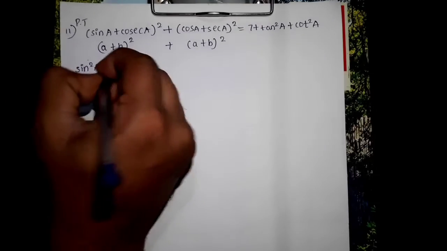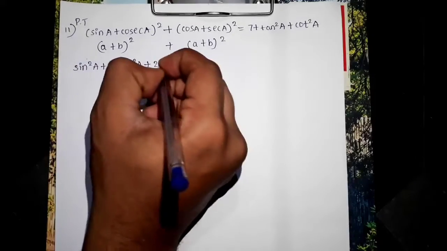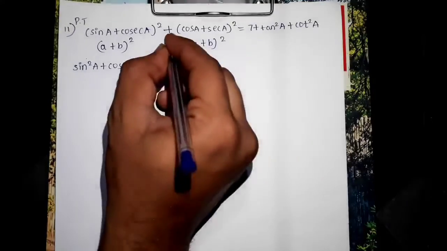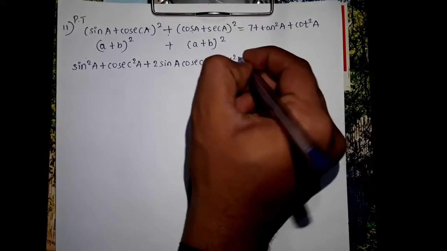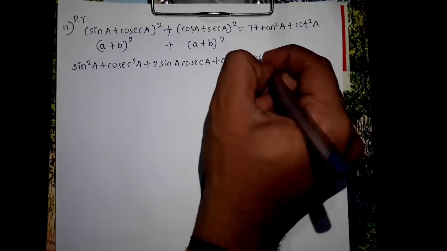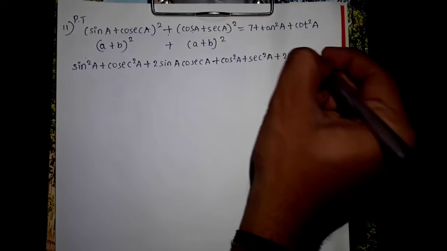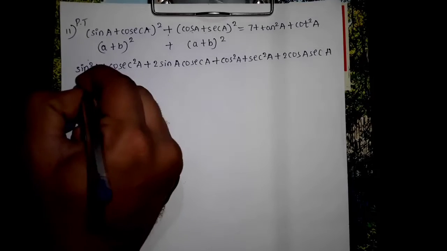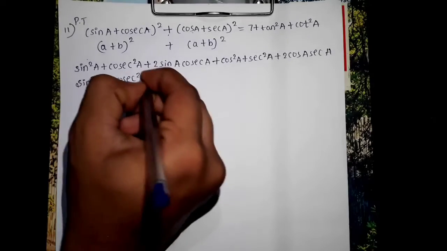sin²A + cosec²A + 2 sinA cosecA + (again, using the (a+b)² formula) cos²A + sec²A + 2 cosA secA. We have applied the (a+b)² formula. Next step is sin²A + cosec²A +